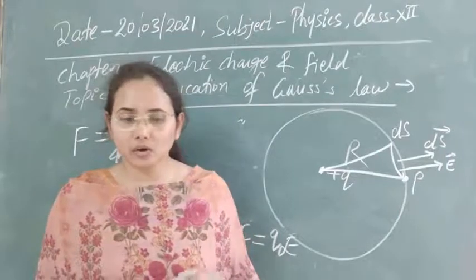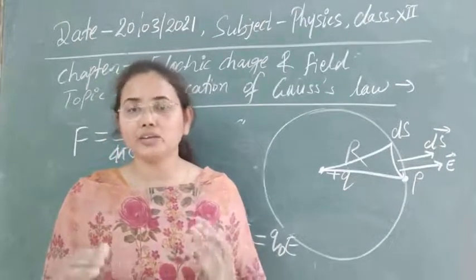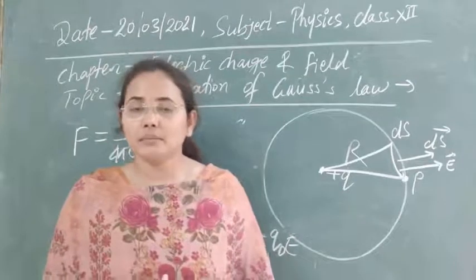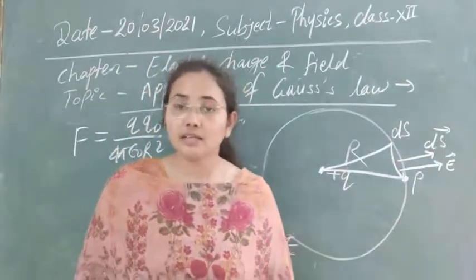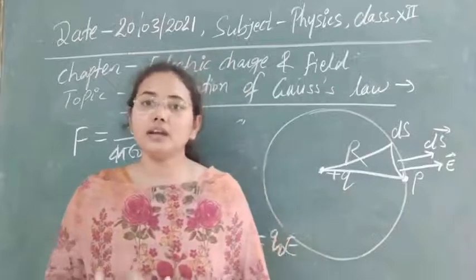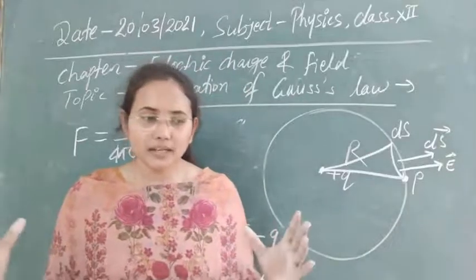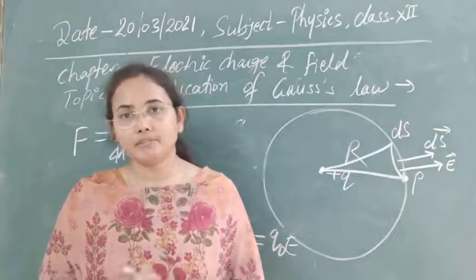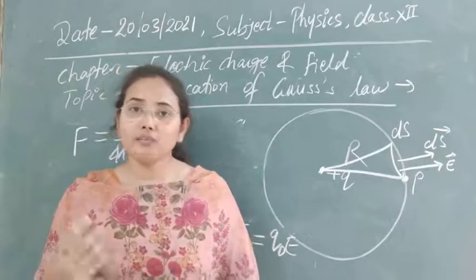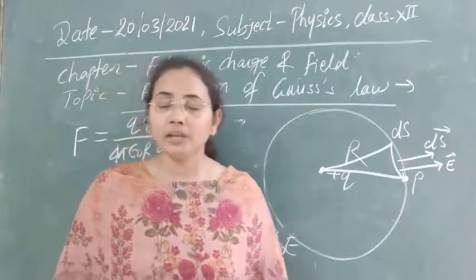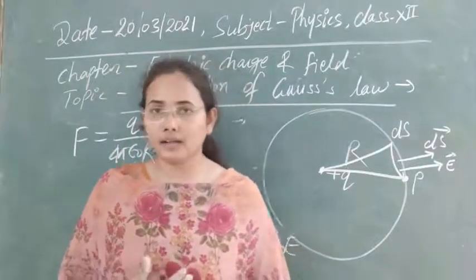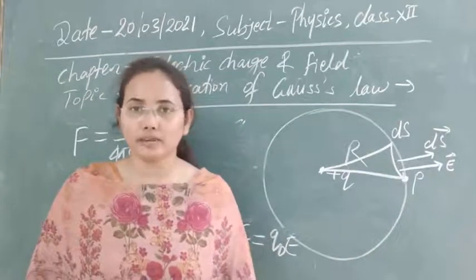So first of all, here we have discussed that if we have two charges, charges always have the property to attract or repel any other charge. If they are like charges, they will repel each other. If they are unlike charges, they will attract each other. So if they are attracting or repelling each other, then what kind of force is acting between them? That force can be given by Coulomb's law of attraction or repulsion, meaning Coulomb's law of electrostatics.